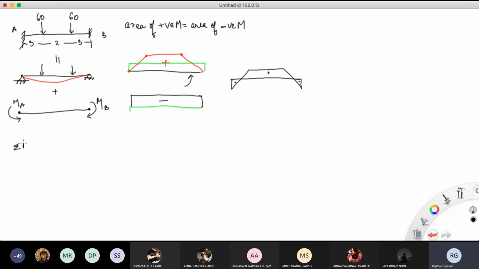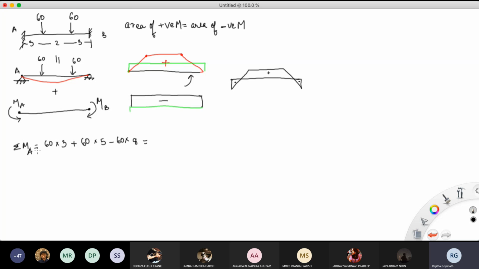ΣMA is equal to, ये बीम पे अगर देखें और सोचे कि this is 60 और ये भी 60 है और उसका हमको MA find करना है, तो MA is equal to 60 kilonewton into, क्या बोलते हैं ये 3, right. 3 plus, what is this, 60 kilonewton again, 60 kilonewton into 5, and reaction भी 60 है, so minus 60 into how much is that going to be, 8. Okay, is equal to